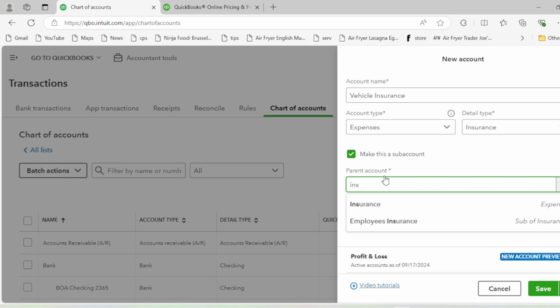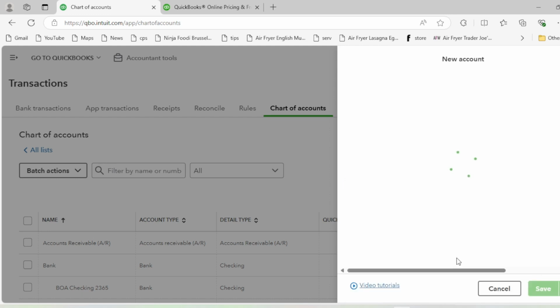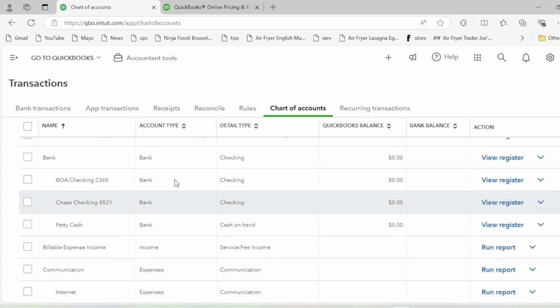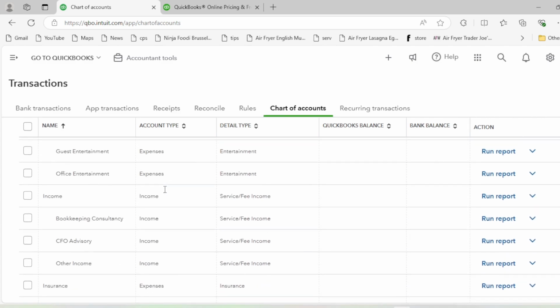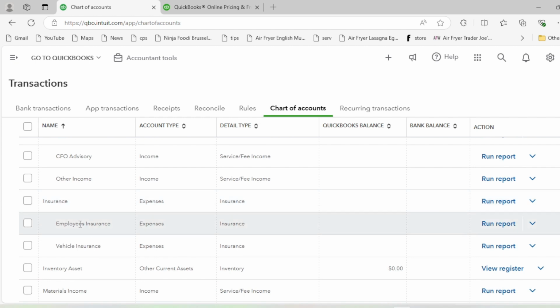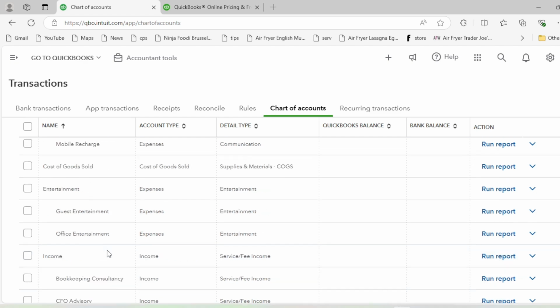So insurance, and our insurance expense is also set here. Insurance, employees insurance, vehicle insurance. Now let's